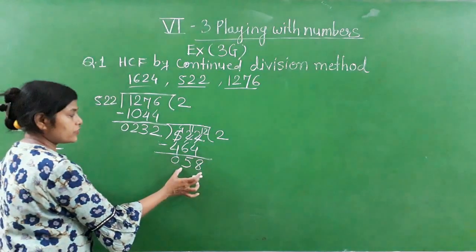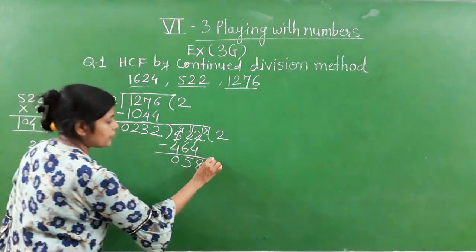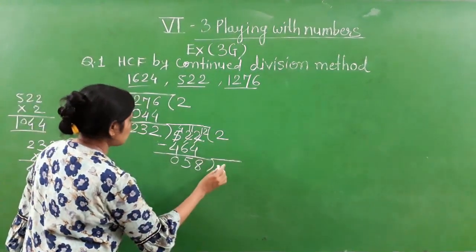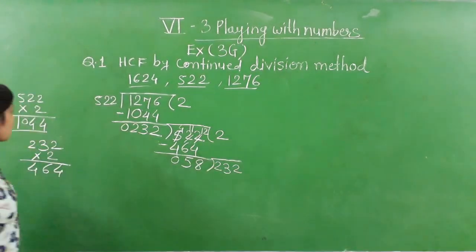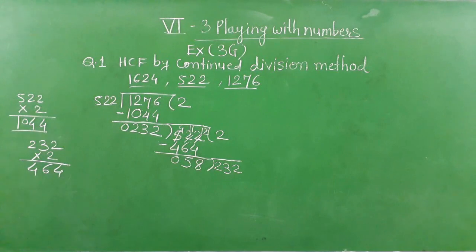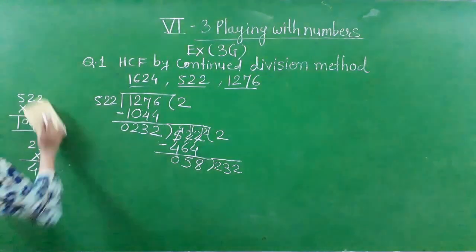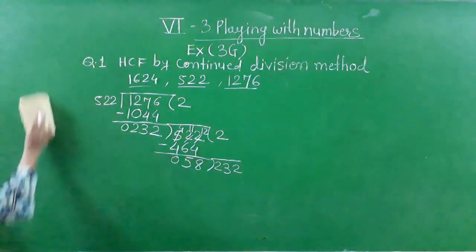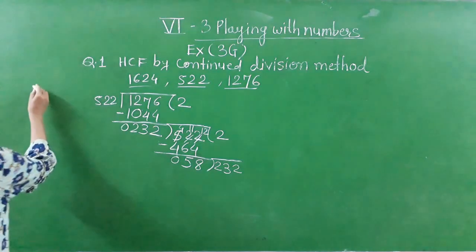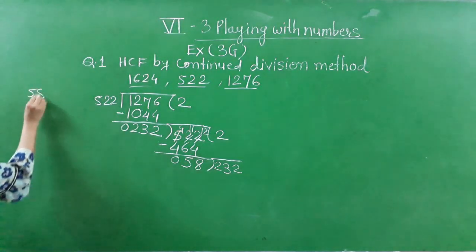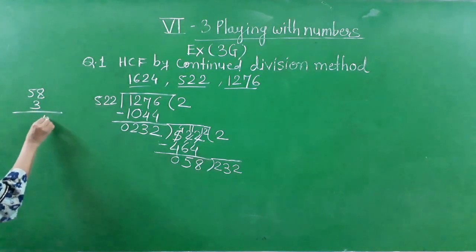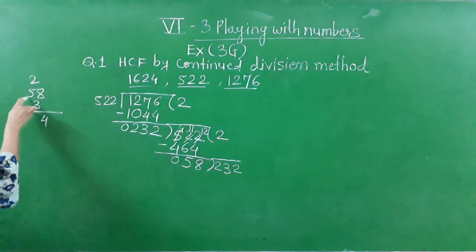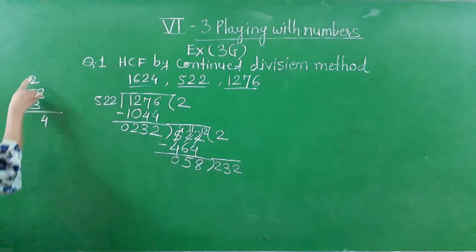Now this becomes your divisor and this becomes your dividend. So we'll write it here, that is 232. Okay. Now we'll check by what we can divide it. Okay. Now see here what we'll get. So we'll try 58 3s first. Okay. 8 3s are 24, 4 here, 2 carry, 3 5s are 15, 15, 16, 17.